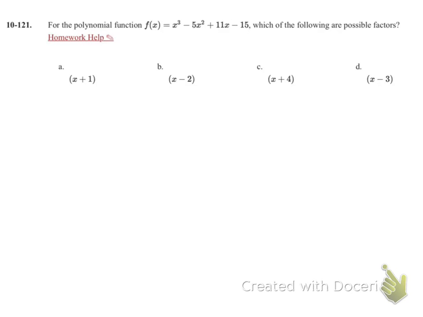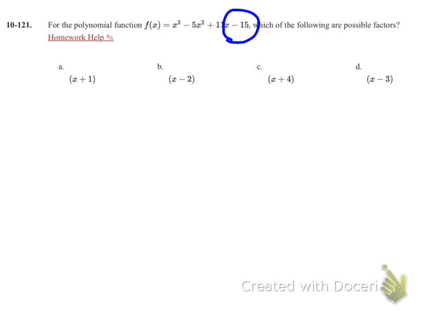Problem 121 is going back to think about a topic we covered in Chapter 8. So if I look at the polynomial, the f of x here, it's a third-degree polynomial. And I want to think about possible linear factors. So whenever we want to look at these linear factors, we're always looking at the constant term here of the